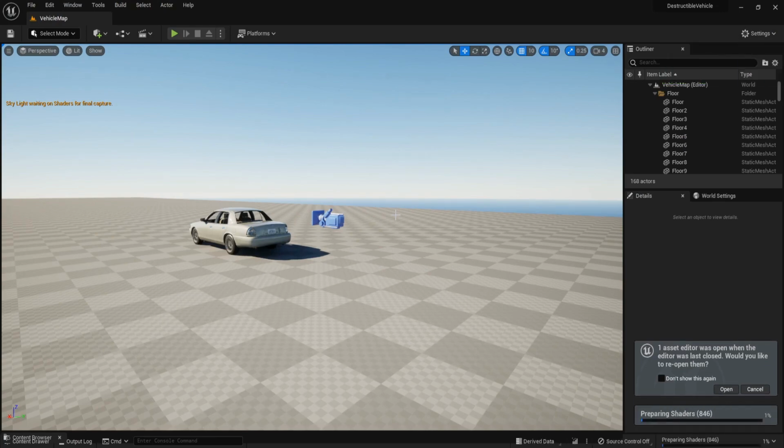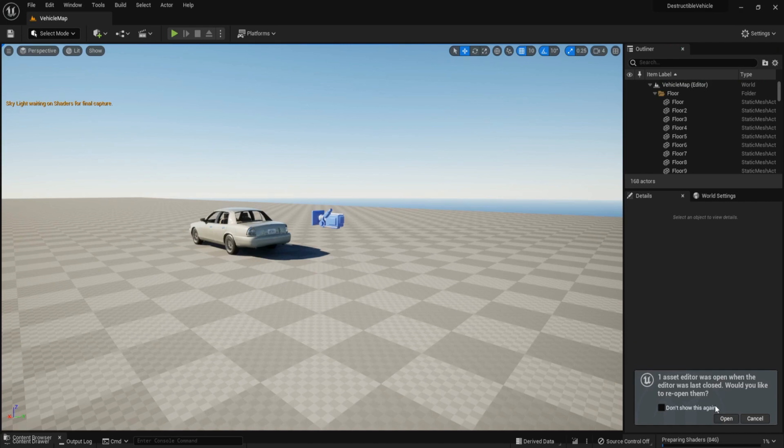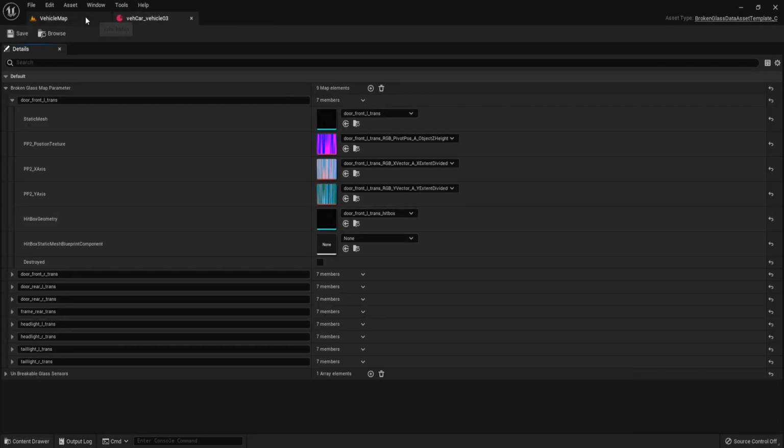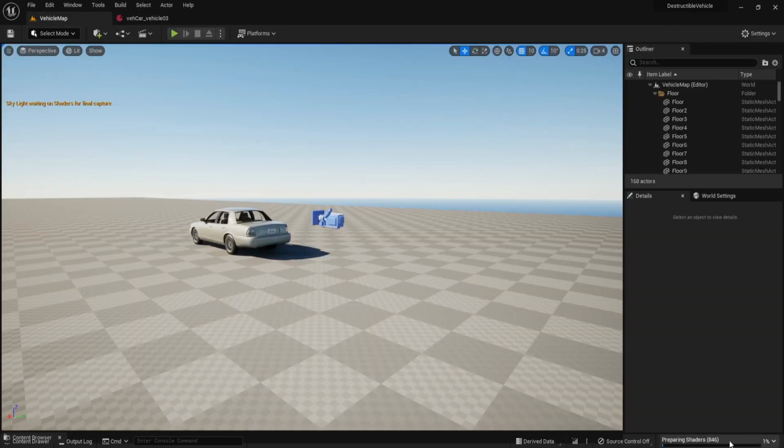And now you can see this preparing shader. It is 1%. And do not close your engine. You can close, but the shader will not compile when you close.